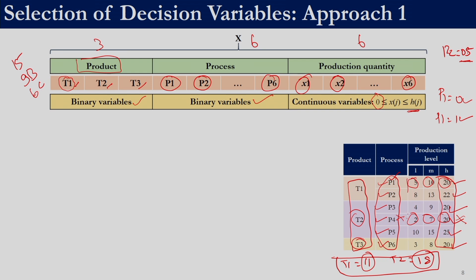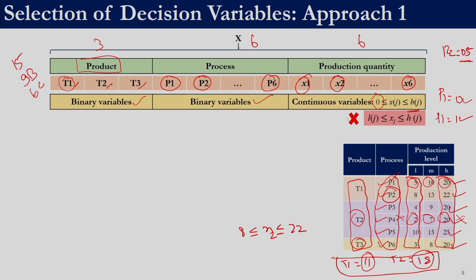So, if we choose this as lower bound, then we are implicitly enforcing a constraint that every product has to be produced. So, if we consider process 2, and if we declare this as the bounds, then x2 cannot take a value of 0. If x2 cannot take a value of 0, we are implicitly forcing that process 2 has to be used, which is not part of the problem definition. Since the problem definition allows a process not to be used, we need to give lower bound as 0. So, this bound is not allowed.